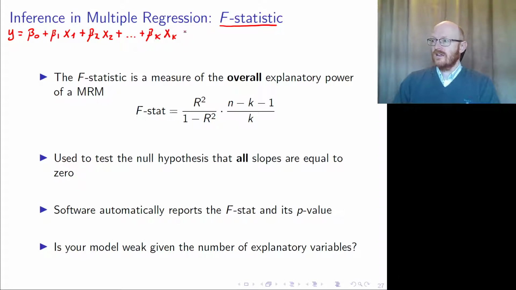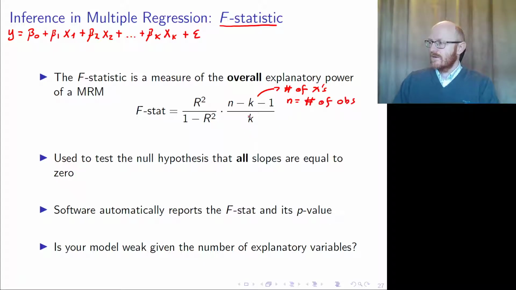So k is the number of explanatory variables you include in your model. Epsilon is like a bucket of all the other explanatory variables which have an effect on y, but you did not include. And so k is the number of x's,